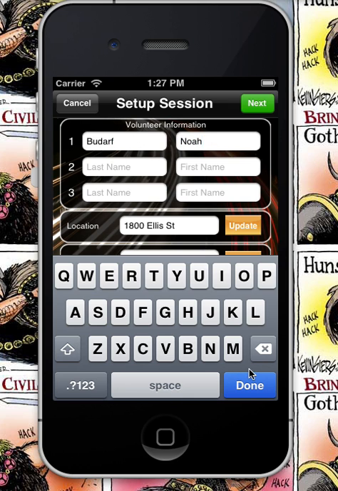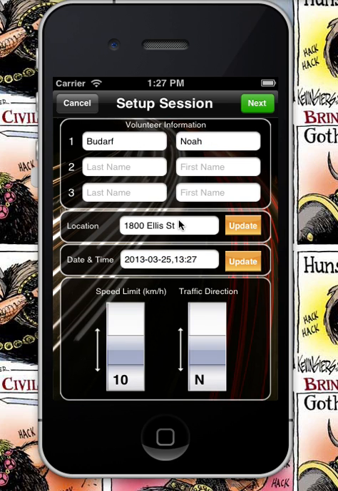First name. So if I don't like the location I'm at, it's auto-generated. It just uses the phone's GPS. If you were to hit update, it would then check to see where your current location is and then update your location accordingly. Additionally, it autofills the date and time. If you are starting later than the time indicated here, you can hit update and it'll just update that to